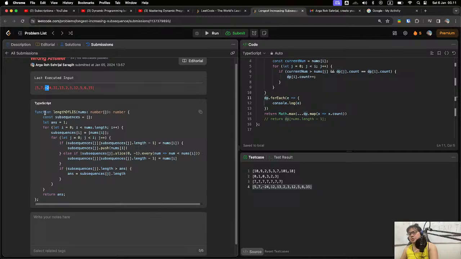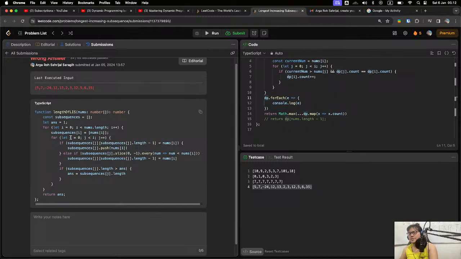I mean, my intuition is correct. It's heading in the correct direction. I really believe that I already had the idea slightly correct, but the implementation is still far from right. So here I check each element.